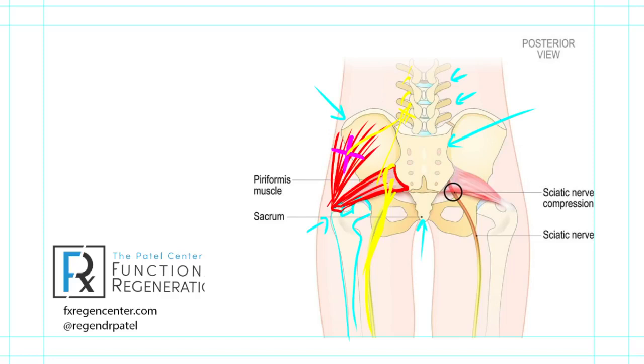The piriformis is often demonized, poor piriformis muscle. We oftentimes think it's piriformis syndrome when it's not necessarily so. Number three is that the piriformis